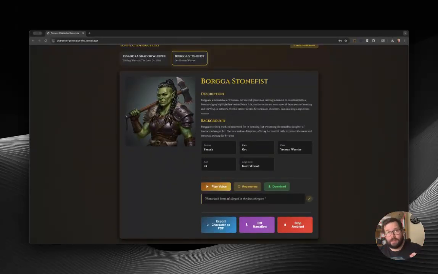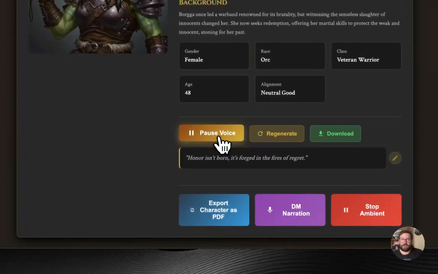But that's not the only thing it's done. It's also generated an image using Google's Imagen 3. I don't have access to 4 yet. And it's gone off to the ElevenLabs SFX API endpoint and created that voice that I mentioned before. So let's have a play. Now, there's a regenerate button for a reason, because you'll hear in a second that it's not perfect every time.